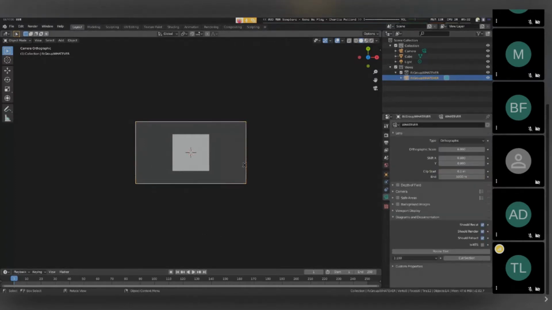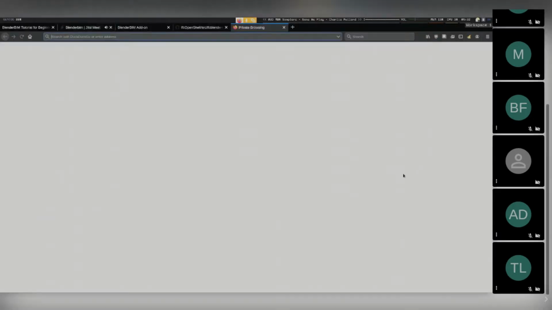Now, if I click on my camera over here, I have the option to cut a section as well as set the scale, whether it's 1 to 100, 1 to 50, or whatever it happens to be. So if I click the cut section button, it has now cut a section. And that section can be viewed